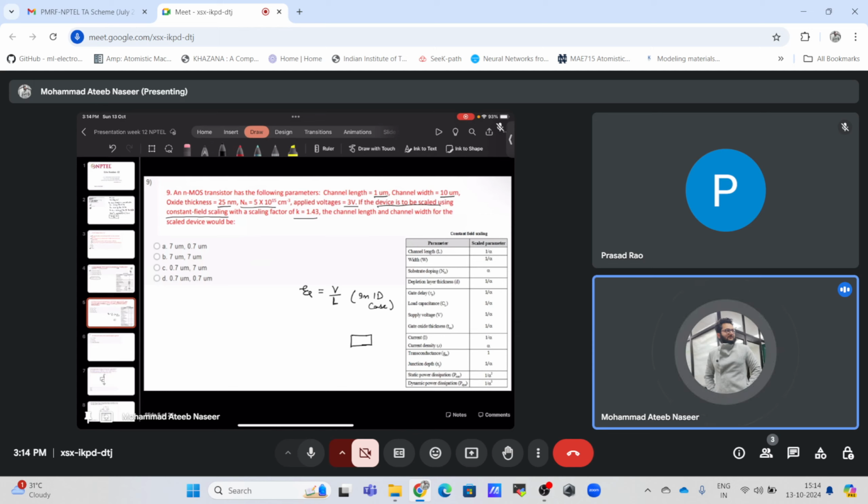Having a charge of negative and positive, the electric field will be constant in this. So if I have to keep this field constant by reducing L, if E has to be kept constant,